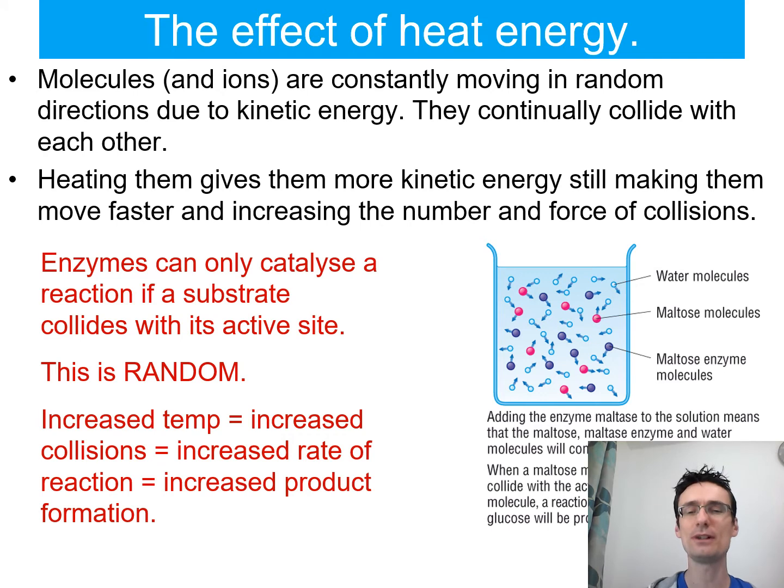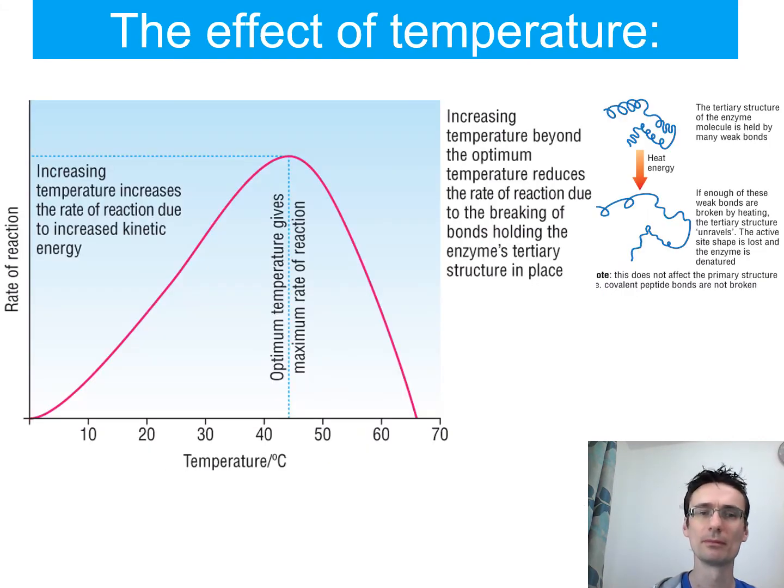So if you get increased temperature, I'm going to say here that a lot of enzymes are trapped in membranes, so they're not necessarily moving, but you get increased collisions because the substrates will be moving quicker. You get an increased number of collisions, and then you get an increased rate of reaction, and that causes more products to be formed. What you get then is a graph that looks like this, which you should hopefully remember